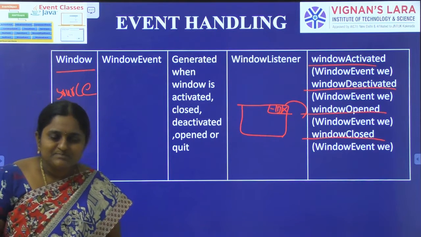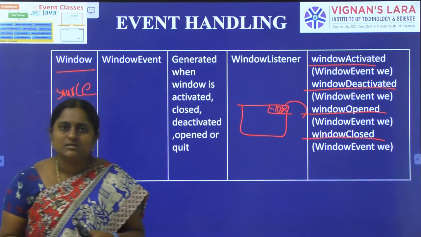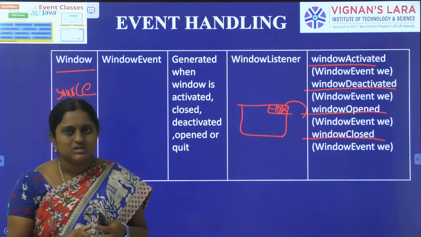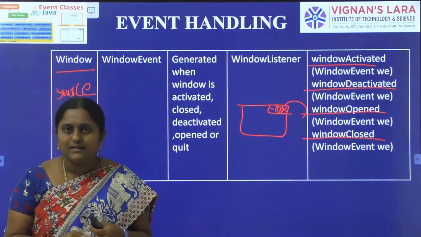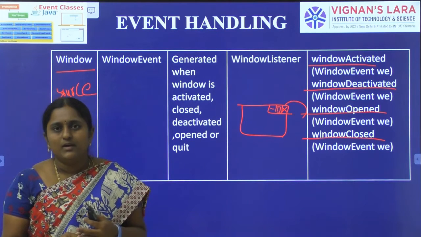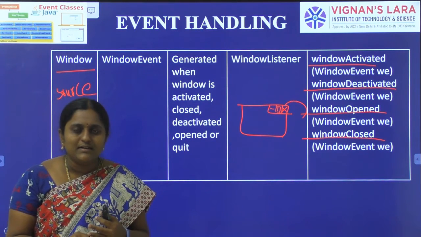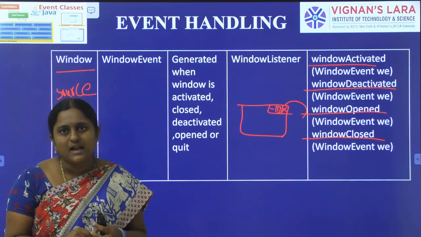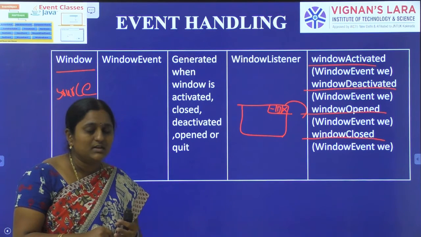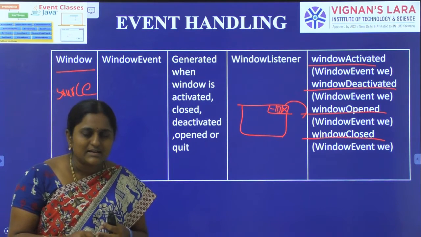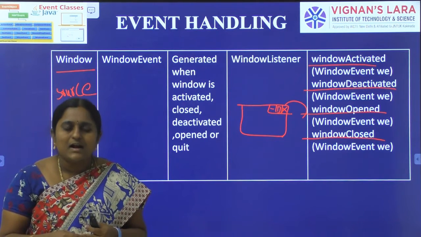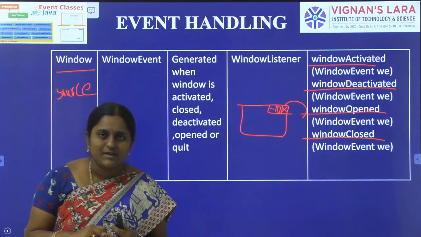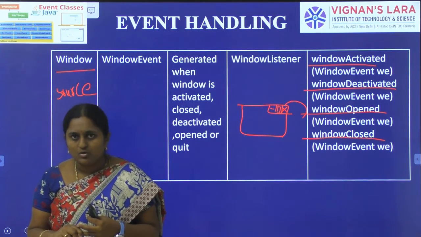So it is nothing but event and event handling, the event delegation model. In today's class, we started the concept of event and we completed event handling and the event delegation model. The event delegation model is a very important topic. In previous question papers, most of the time these questions are asked: explain what an event is, explain various sources of an event, and write about the event delegation model. It is a very important question from the semester and theory point of view.